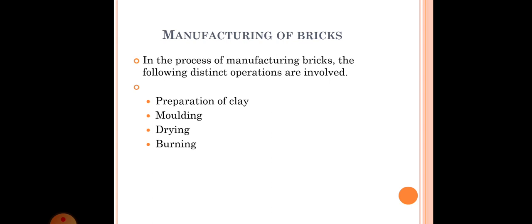Unsoiling means the top layer of the soil, say up to 200 millimeter depth, will be taken or thrown away. Digging means the clay will be dug out from the ground and then spread on the level ground. Cleaning means, like I told you, the clay which we dig out might contain some vegetable matter or pebbles or some other undesirable matter. So the clay has to be washed and screened, and only then will we obtain good clay.